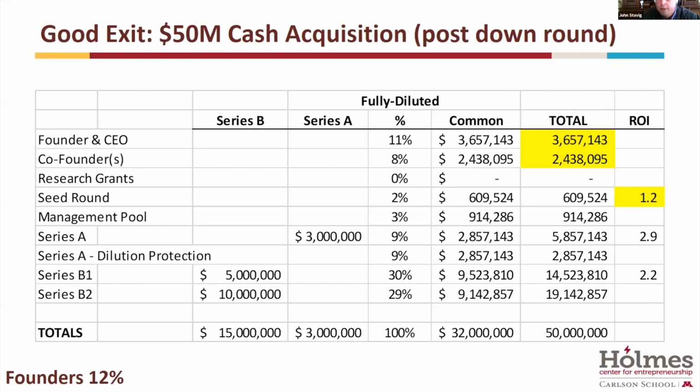And also, interestingly, you can see the seed round that in this example came in as common alongside the founders. It made about $100,000 on its initial 500,000. And if the acquisition were down a little bit lower, if it were less than 45 million, the seed round wouldn't make any money, even though the Series A and Series B round would make a profit. So that's one of the scenarios in which some of the early investors, which oftentimes are friends, family, supporters, or associates of those groups, can get diluted down based on either the preferences or some of the dilution protection, particularly when there's a down round.